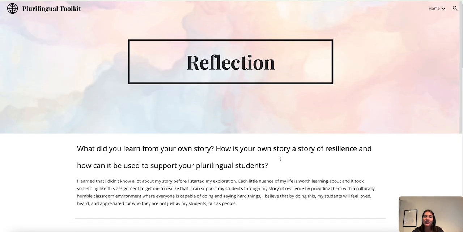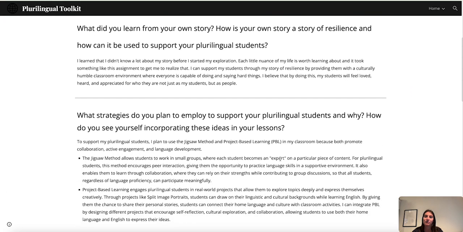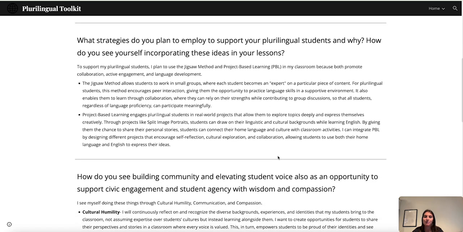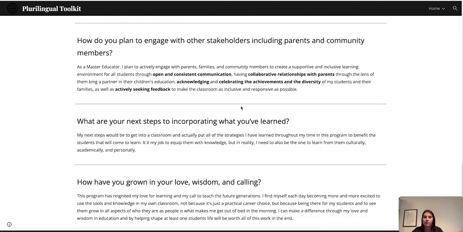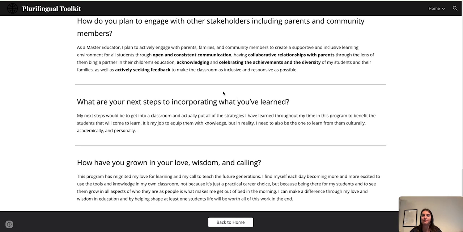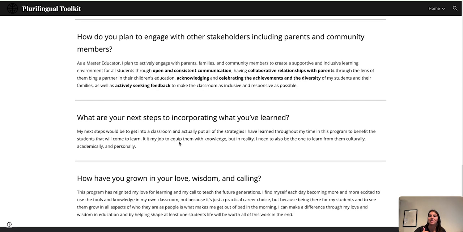Lastly, I have my reflection, and I just kind of went over each of my things. I really want to implement the jigsaw method and project-based learning in my classes, because they both promote collaboration, cooperative learning, and active engagement, and just overall language development. And another thing I want to go over from this is next steps and what I'm going to do after. So how do I plan to engage with other stakeholders, including parents? So as a master educator getting out of this